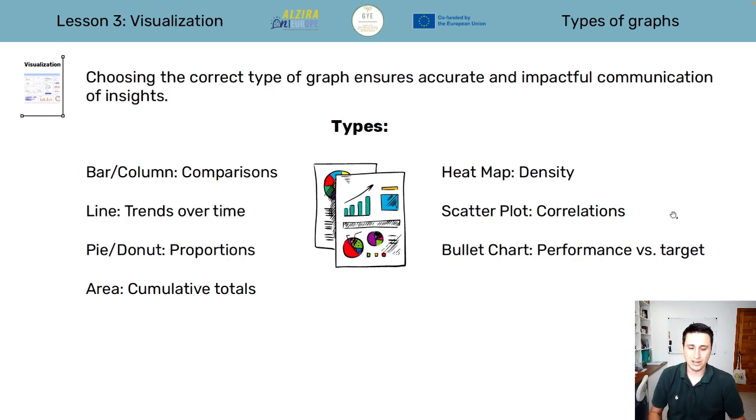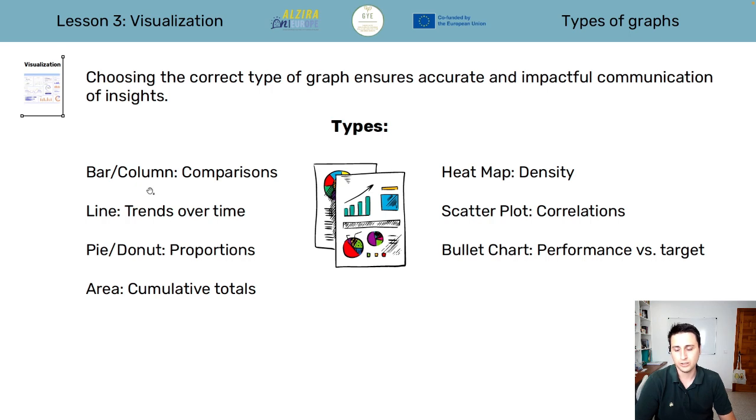Once we have created the dashboard and we have all the formulas, the calculations, the data connection, and we have the KPIs defined, it's time to show the results, these KPIs. They can be presented as a number, but we can use graphs like in Excel or other spreadsheets.